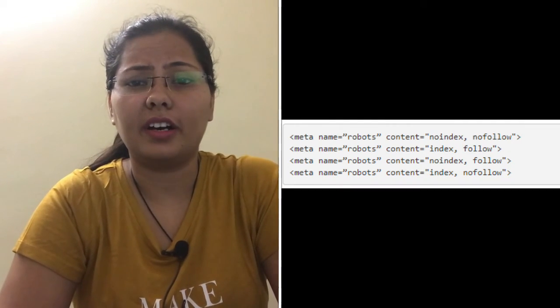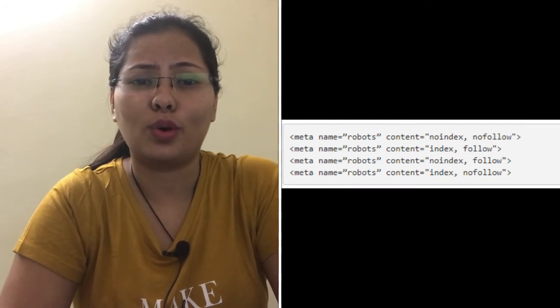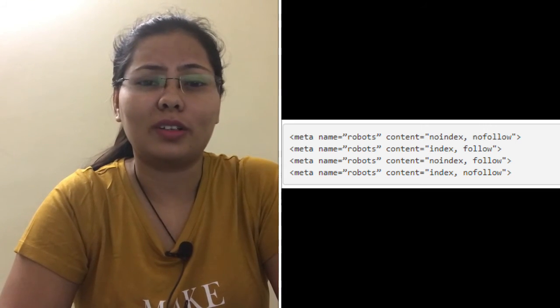The best practice for using these robots tags is don't block unnecessary pages. Use these robots tags only when you have to restrict some pages from Google crawling. Please see the side images to know how you can write these robots tags using noindex, index, follow or nofollow. There are lots of other attributes like noarchive, noimageindex, nosnippet, but these are more advanced values, so we are not talking about them in this video.